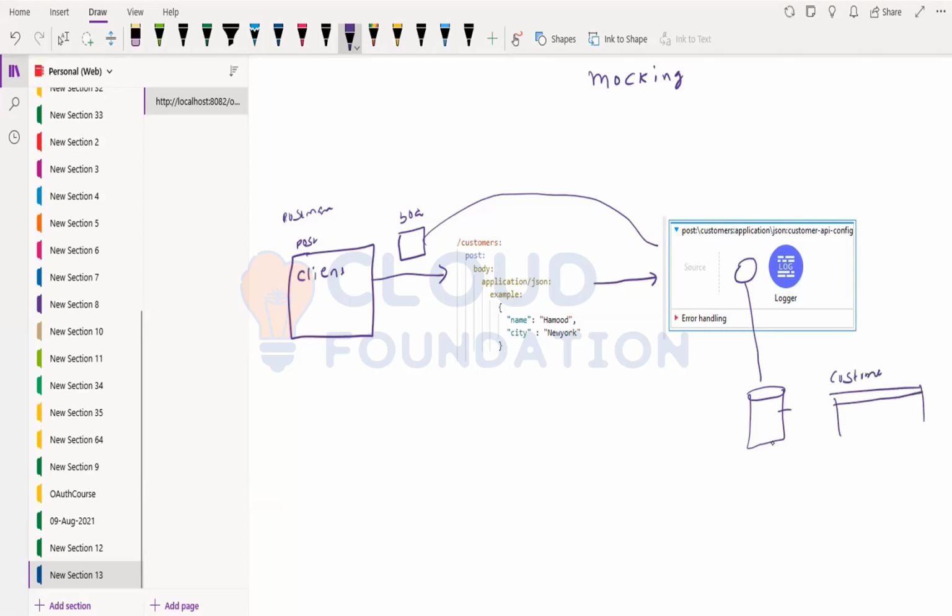Customer, it will take this customer JSON and add a record over here, a new record in the database. That's a POST method, right? All right, one second, I'm not sure I understand. So the client